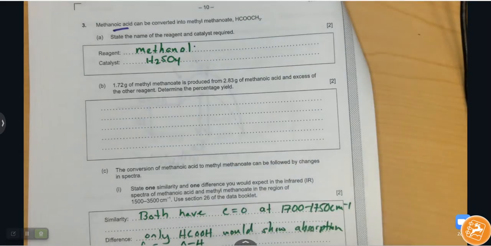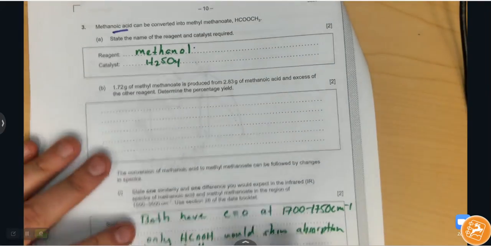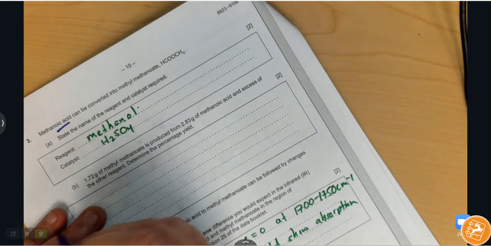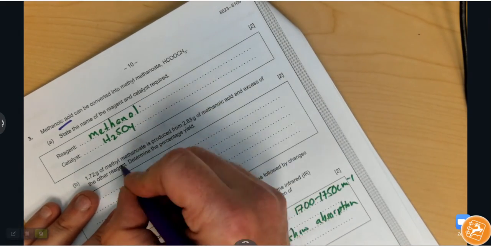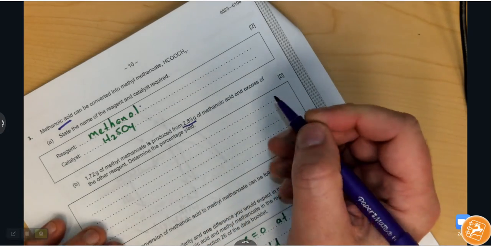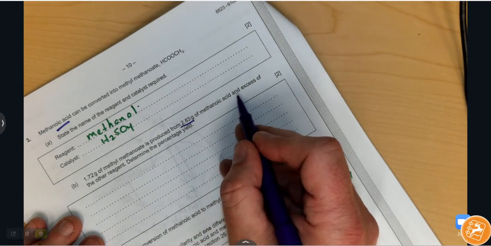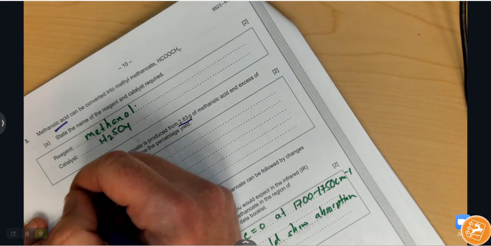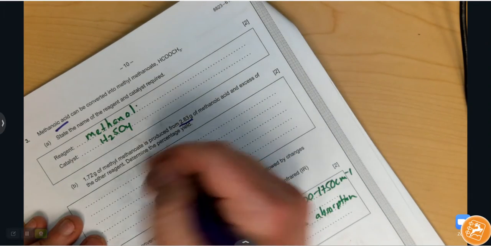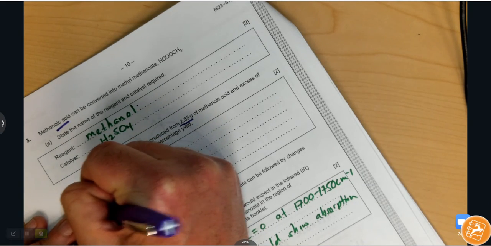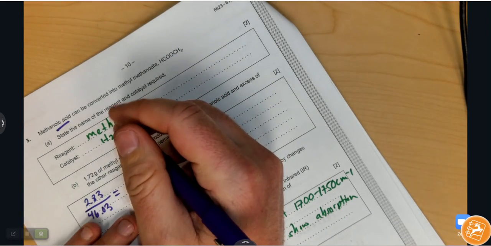Determine the percent yield. It might help you to write out a balanced equation, but everything here is 1 to 1 to 1. It's telling us what we started with. So the first thing I've got to do is find the number of moles of methanoic acid. I take the mass of methanoic acid, which is 2.83, and divide by the molar mass to give us the number of moles, and that is